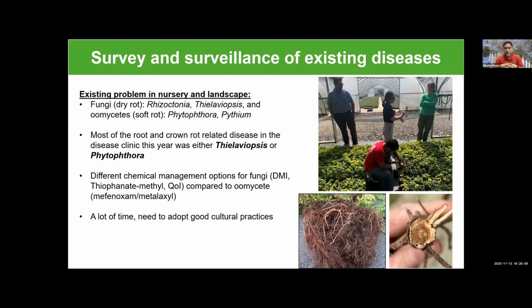A lot of the time, I would say, root and crown rot diseases are due to bad, or maybe not appropriate, cultural practices. I have been seeing a lot of this, especially when I was doing nursery visits, where they were either over-irrigating, or plants were very compact with no air circulation, and all kinds of things that were actually cultural practices that could be modified, and that will help to reduce the pathogen load.